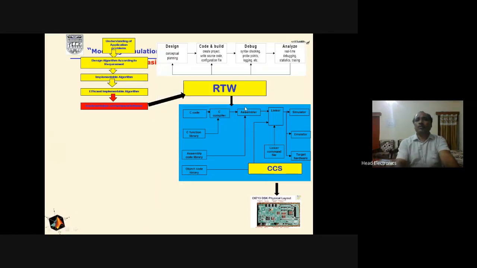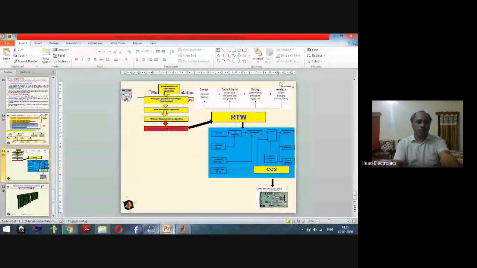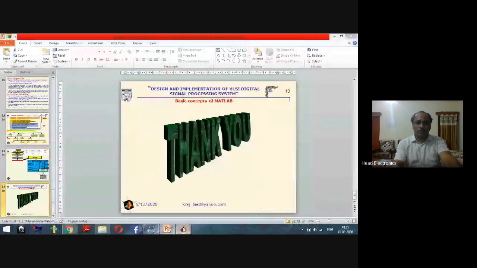So this is the concept of downloading our algorithm, that is designing, coding, building, debugging and analyzing. And if there is a need for improvement, then that modification will be done, and then that code will be downloaded on the given target here. So for that purpose, we have used the concept of quantization. We are coming to the